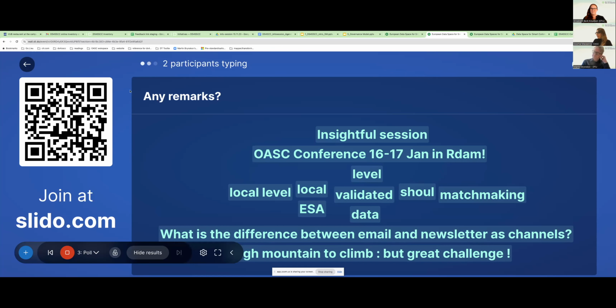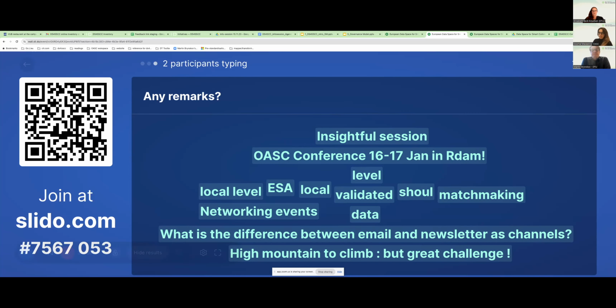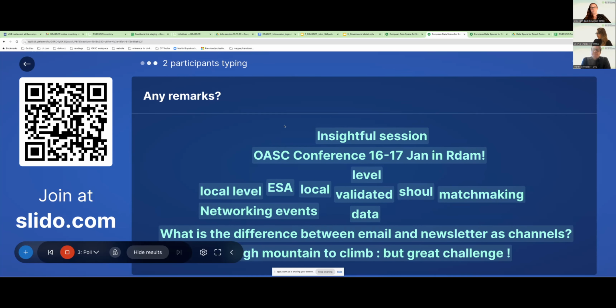Do not forget that we have the 16th and 17th of January in Rotterdam. More official communication is to follow. Networking events. The OASC event is a great opportunity to network as well.